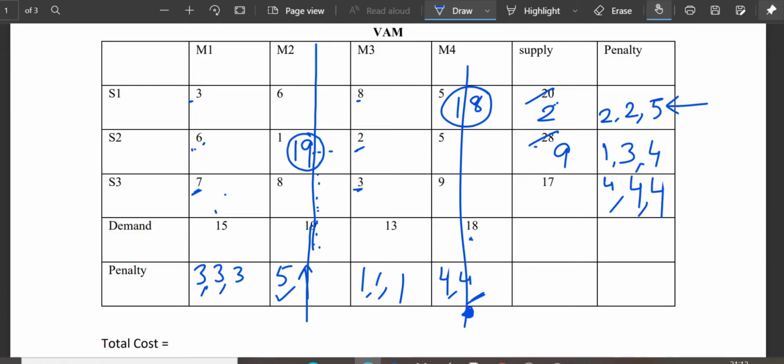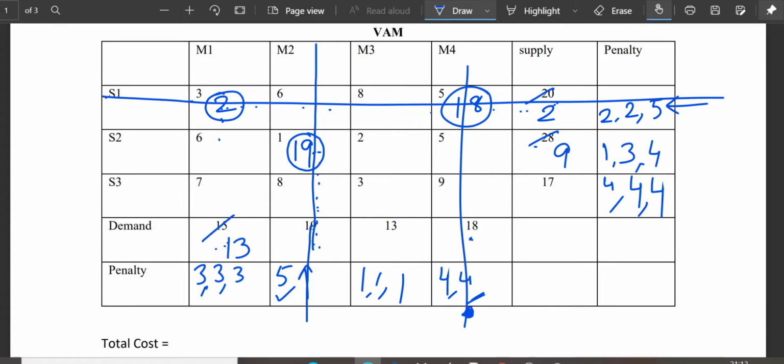So I will move in the row of S1. Now come to S1. Choose the minimum cost cell. Out of 3 and 8, I have 3 as minimum. So I will come here. Make your entry here. See, corresponding to this 3, I have this 15, and corresponding to 3, I have this 2 as my supply. So whichever is minimum, you have to consider that only. So my 2 will be selected here. I will write down 2 in the circle here. Cross this 2 and take the difference here. 15 minus 2 is 13. So this is the third entry.